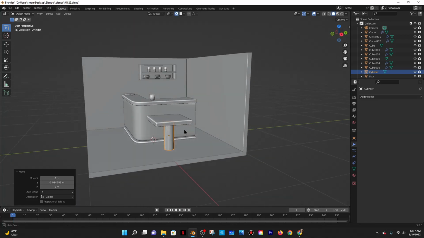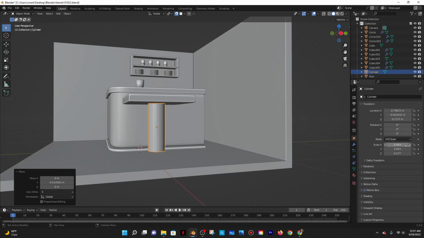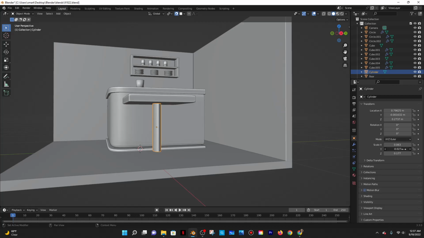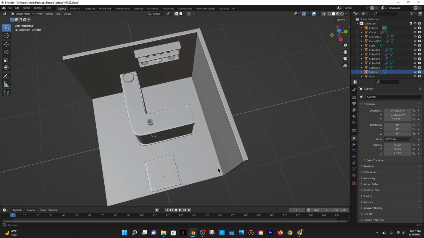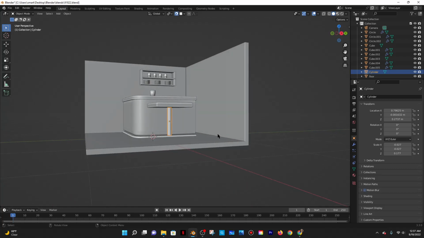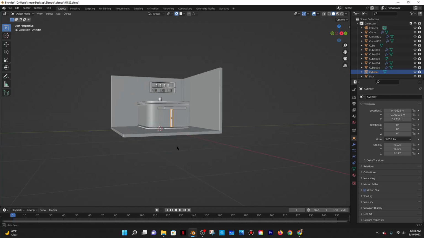And then really I would just have to shrink it. So let me just go here and, whoops, wrong thing. Let me shrink it on the Y. And then the same thing that I put on the Y, let me put it on the X as well. So it looks something like this, right? And it is fairly in the middle. And then I guess the only thing left would be to do like, I don't know, like a circle thing